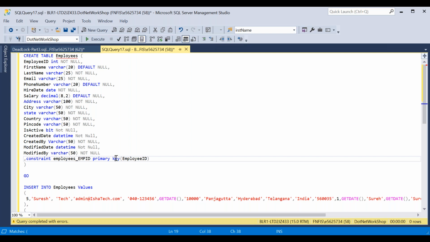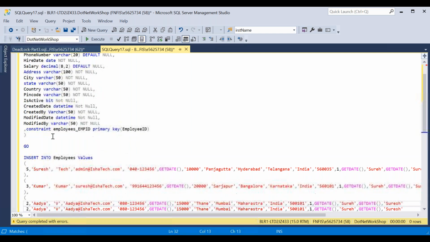Every table in a good database will have a clustered index automatically because we create a primary key on each and every table. So the primary key itself will have the clustered index, meaning it will automatically set the data in a particular order. Now I'll execute it and show it to you.